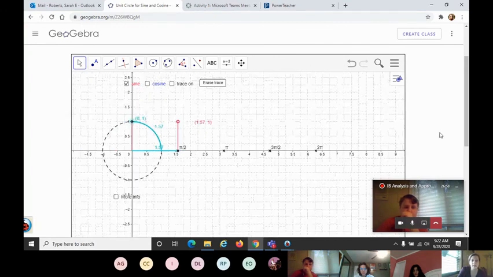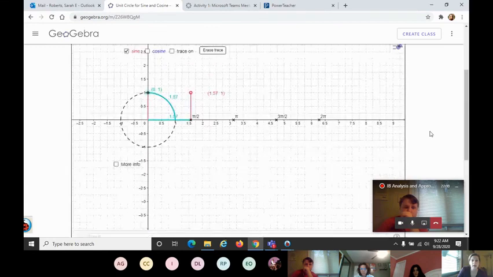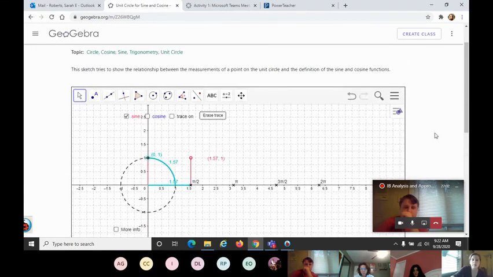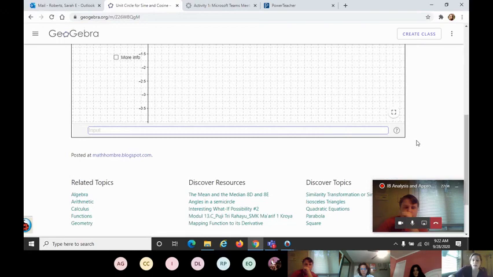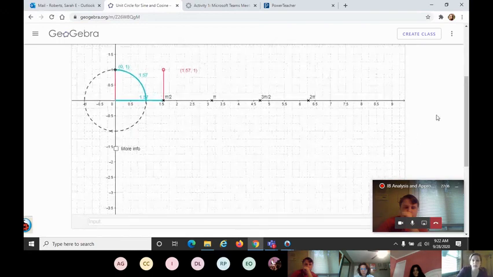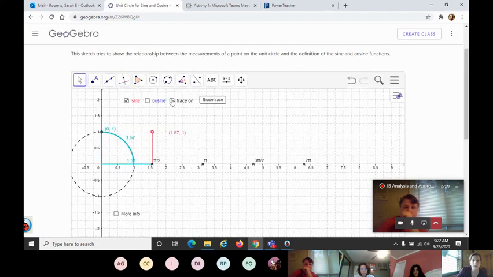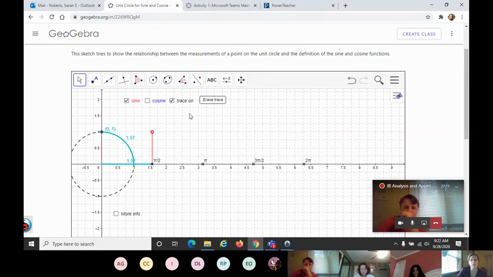And then let's see, where is my trace? Oh, start. Trace on. So if we start, I guess normally we would start at 0. Hold on, let me turn this trace off. So normally we would start at 0 degrees, right? Okay, let's turn our trace back on. And we would take it and we would travel all